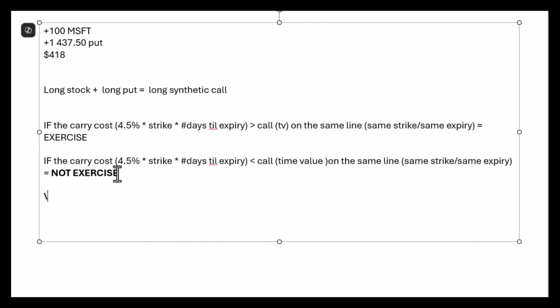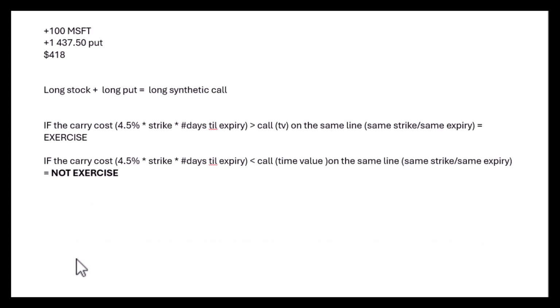They did the wrong thing because they don't know what to do, or they simply just want to wash their hands of the position, sell it out in the after hours. That's fine. I've done a video on why that's wrong and why you should do it another way. You're actually getting rid of a synthetic put at that point, a free synthetic put, if you exercise those calls. So you can look up that. Maybe I'll put that link down in the description. So anyway, that's how it works, guys.